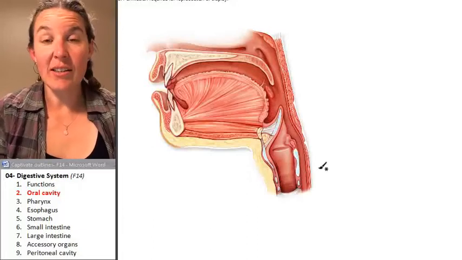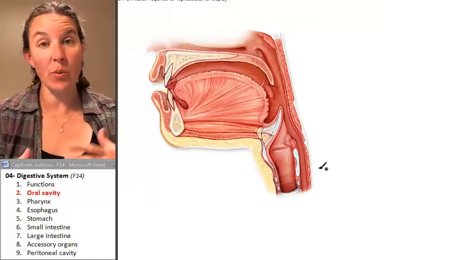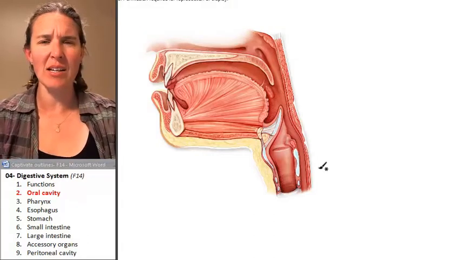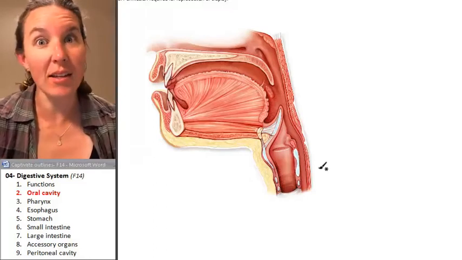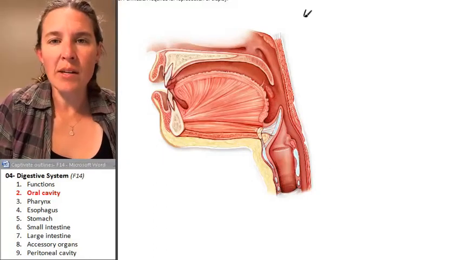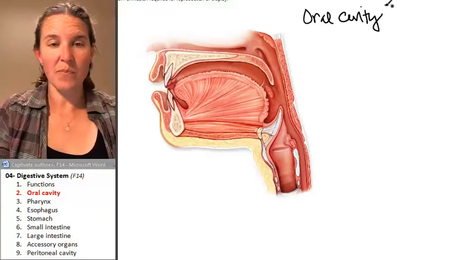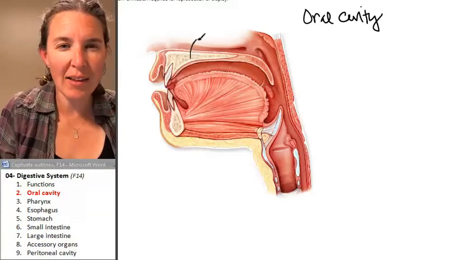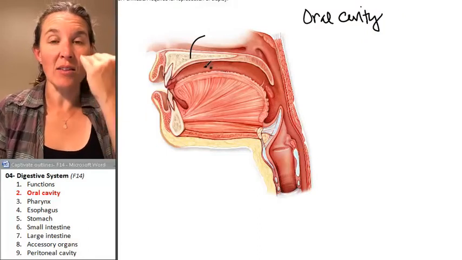Let's get started in the oral cavity. Before we can talk about the structures that we're going to find in the oral cavity, it's helpful to have a sense of where exactly is this oral cavity you speak of. So the oral cavity is inferior to both the hard palate, which is bone,